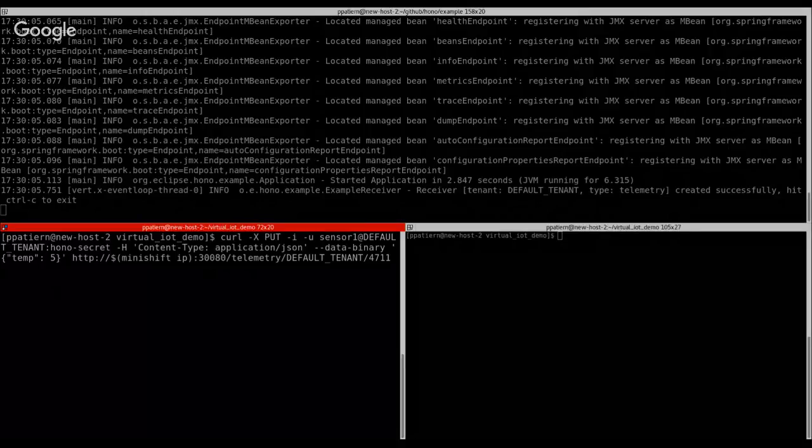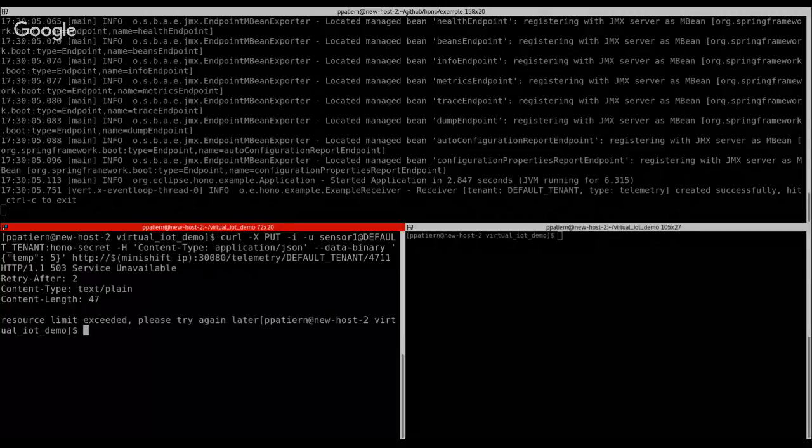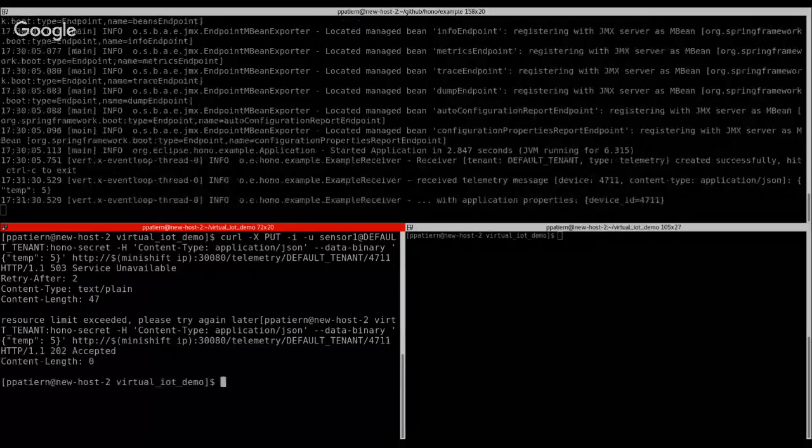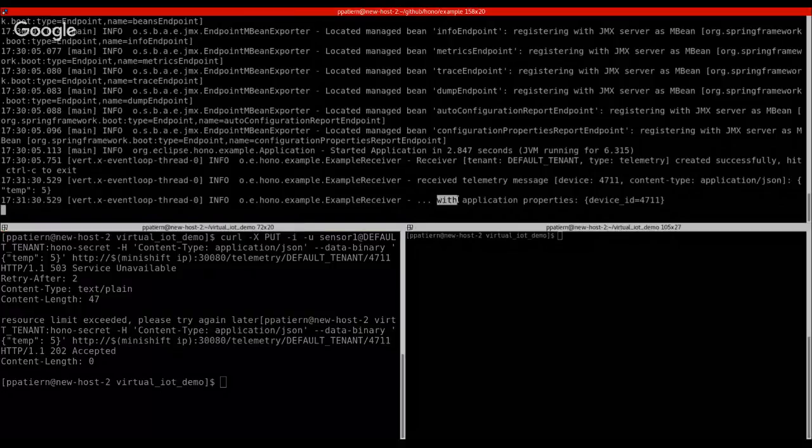So if we send the message, okay, we can see that the message is sent to the HTTP adapter, is accepted by the HTTP adapter, and we can see that message coming from the consumer application in the upper windows.